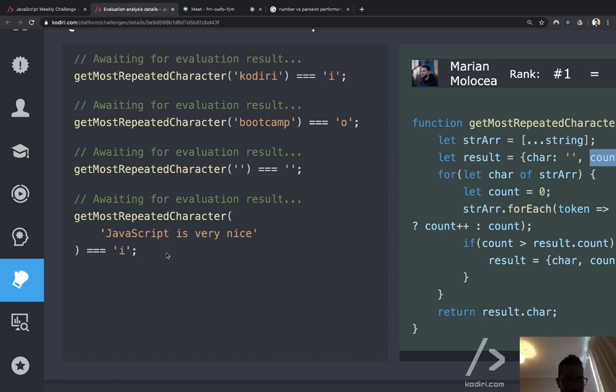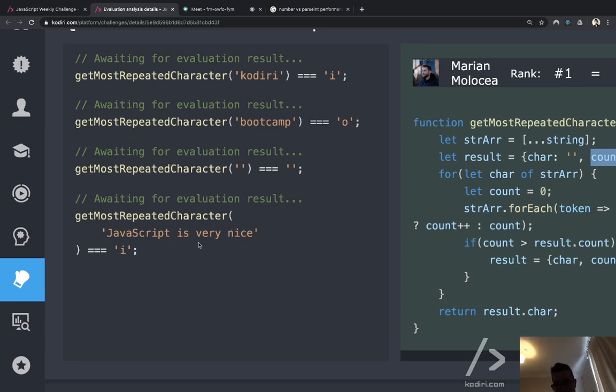So, guys, can you see the problem? That's a good point. Yeah, that's a really good point, actually. So, even though it works for Ian on the last use case scenario, it works not by accident, but by luck, because the I is the most popular character. There is a draw between I and the space. Both characters are listed 3 times. Space 1, 2, 3. I in JavaScript is nice 3 times as well.